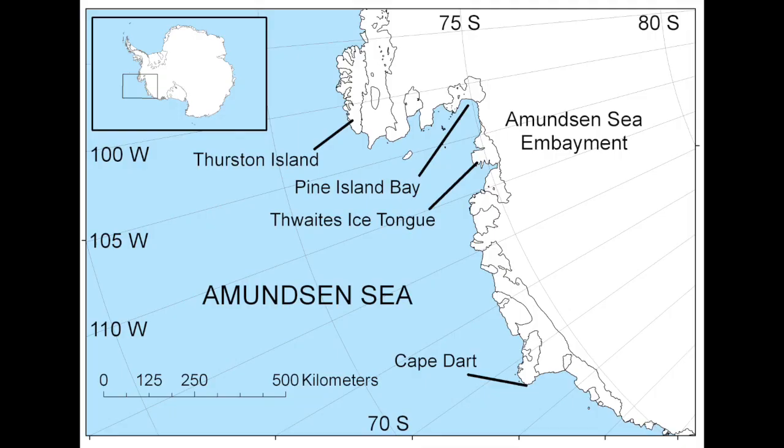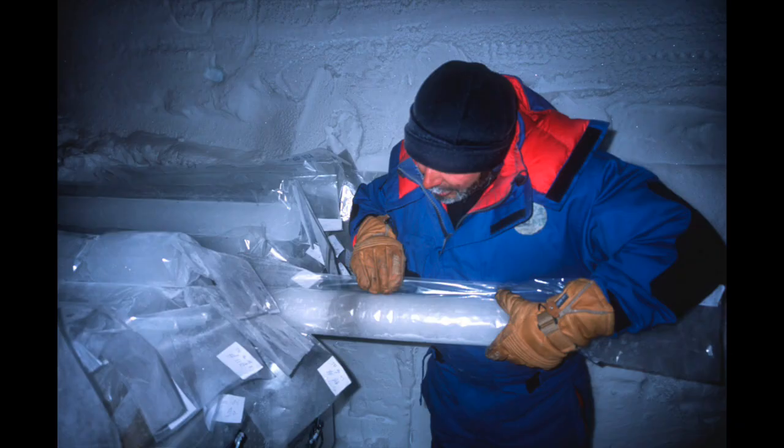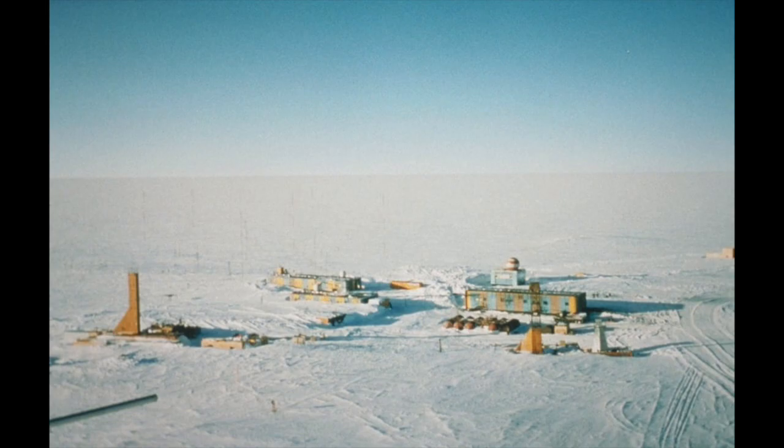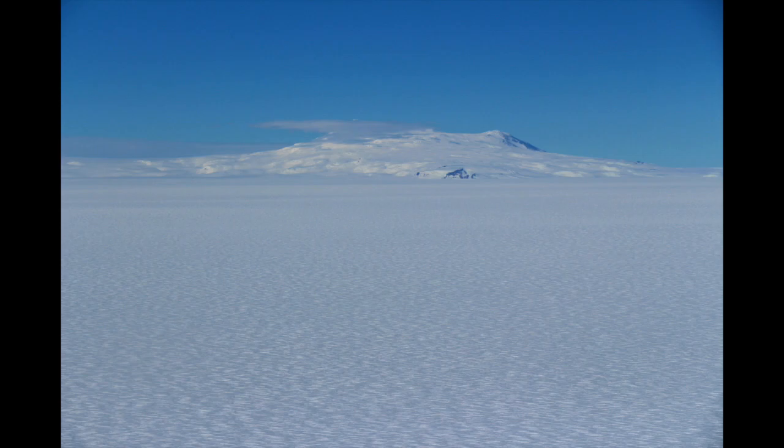The location of some places mentioned in the text, excluding Mount Moulton which is close to Mount Berlin: Amundsen Sea, Bellingshausen Sea, Sipple Dome, Mount Berlin, Taylor's Dome, Mount Erebus, Dome C, Vostok Station, and Dome F. Among eruptions recorded at Mount Berlin are